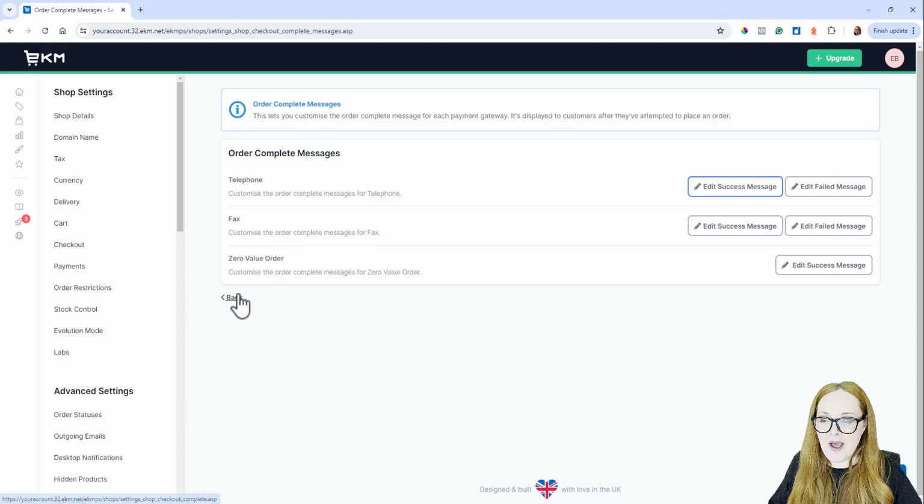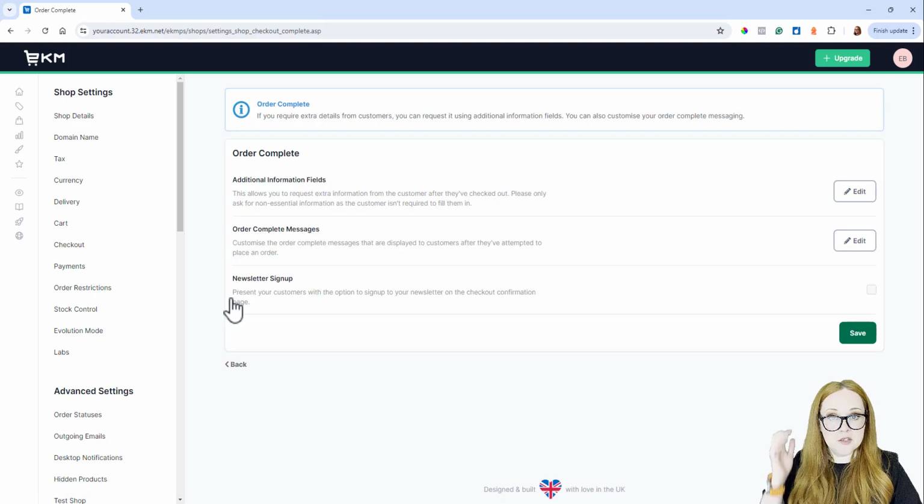All right. When you've done your order complete messages and you've saved those and you've got them set how you want to, it's worth bearing in mind that the order complete page is often referred to with different third-party platforms. Not so much Google anymore, but different third-party platforms that you're using for analytics, because very often they will ask you to put some third-party code in the order complete page. Okay, so you would do it on the order complete messages, and you would hide that code in there as well.